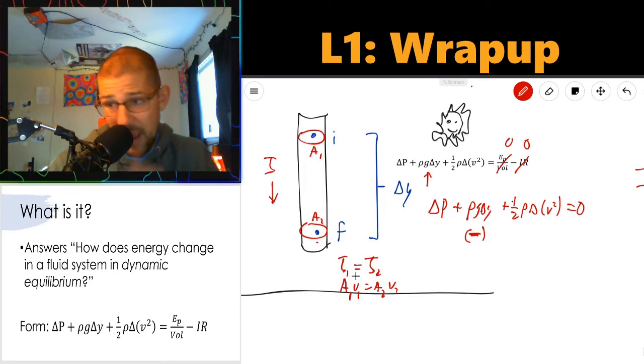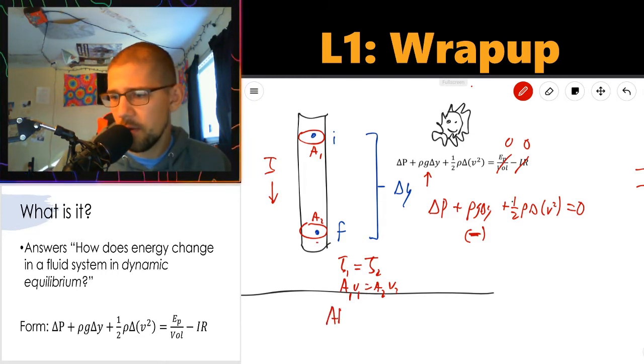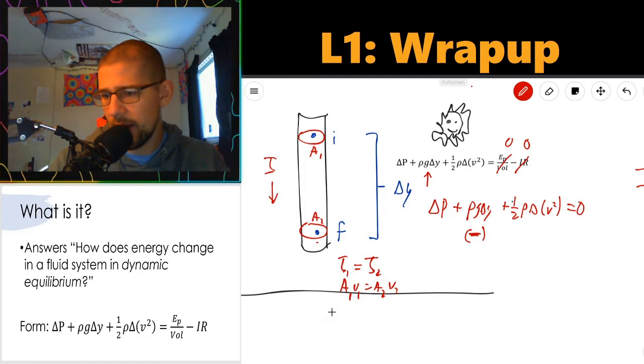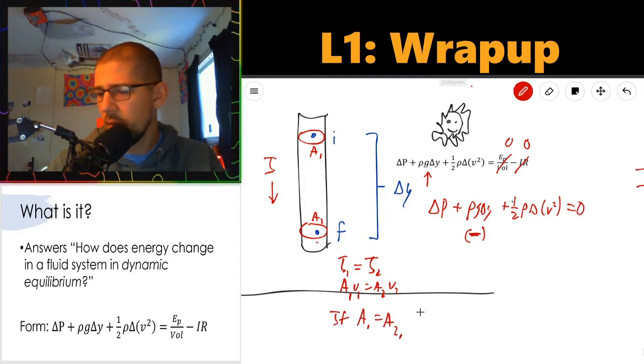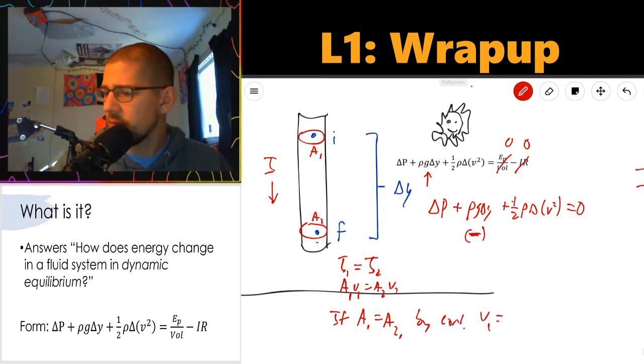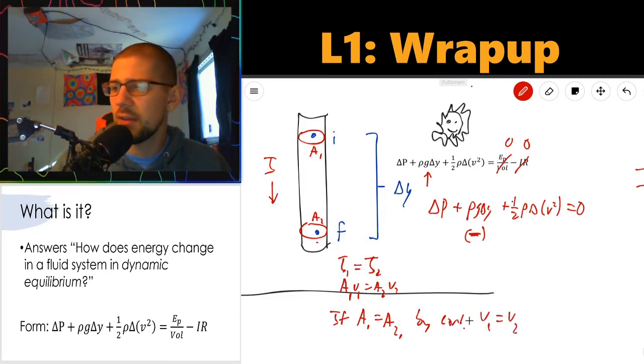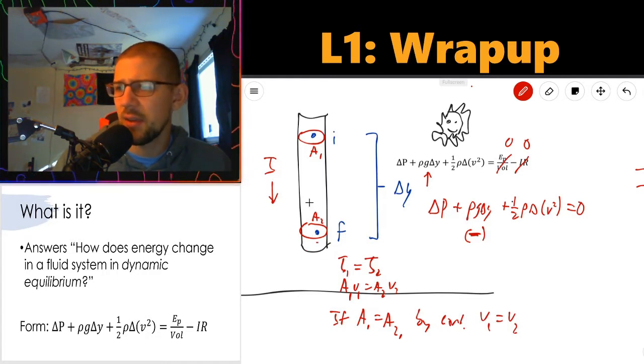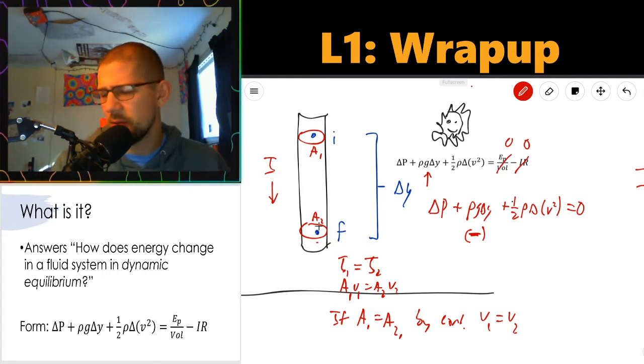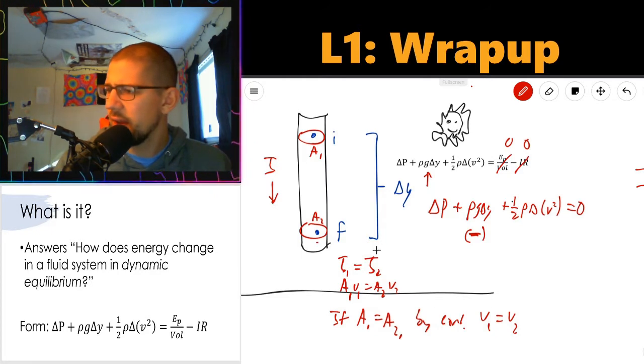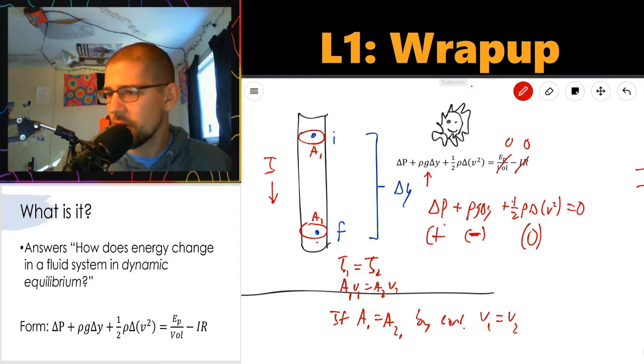So again, if A1 equals A2, then by continuity, V1 has to equal V2. They have to be traveling at the same speed. The fluid flow has to be traveling at the same speed in both positions. So, what does that mean? It means delta V squared is 0, which means, in fact, it's the pressure that increases,